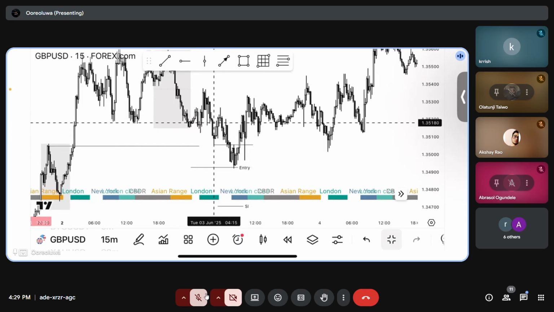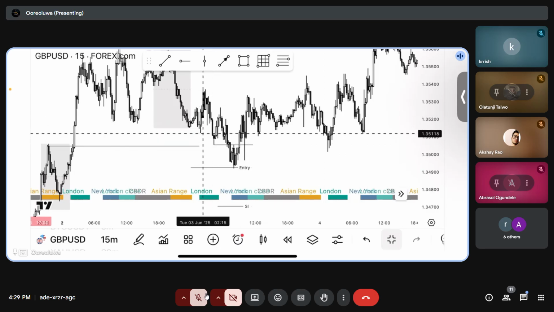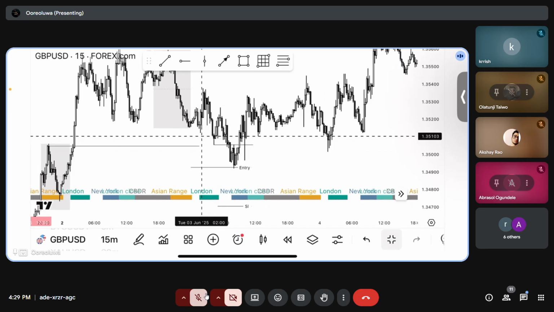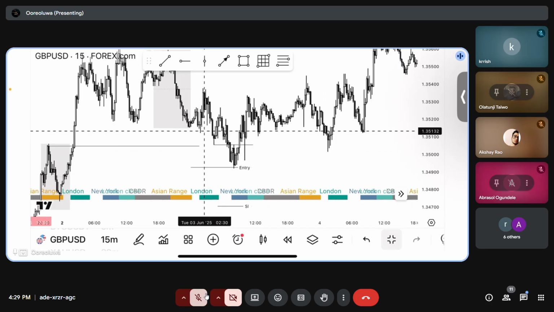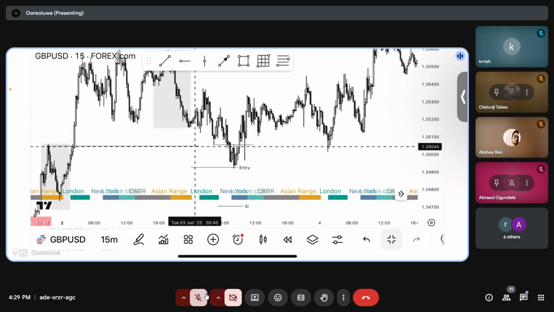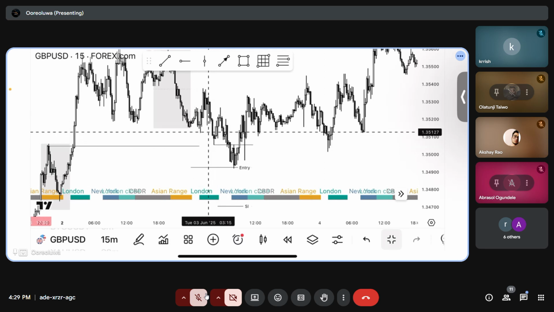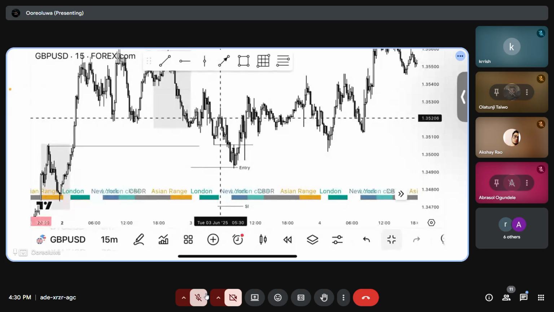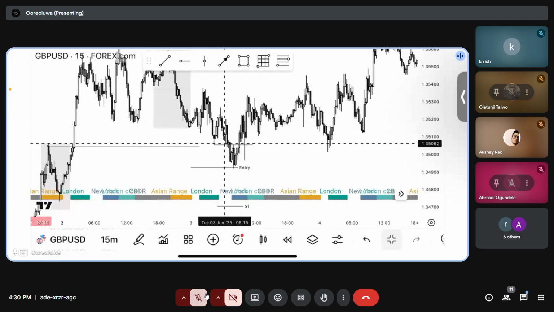So any swing low I see after 5 a.m. This swing low formed during 2, so I'm not looking at it. I'm looking at it if price consolidates inside here and sweeps the low into this key level. This low was formed before 5. So after 5 a.m., when 5 a.m. opened, price took out that low into the key level.